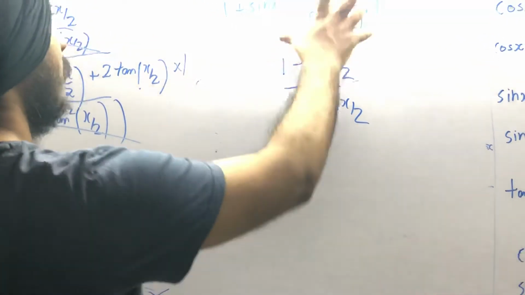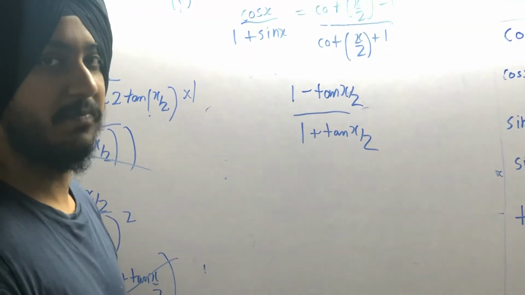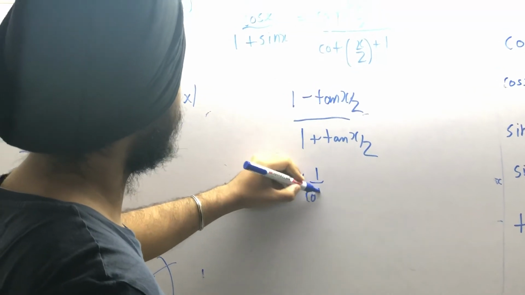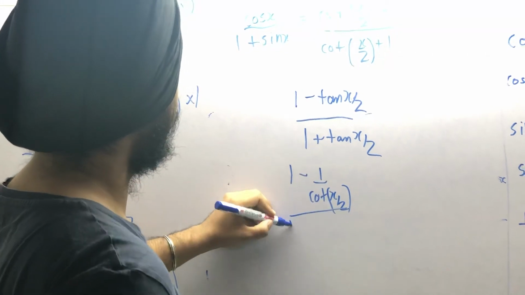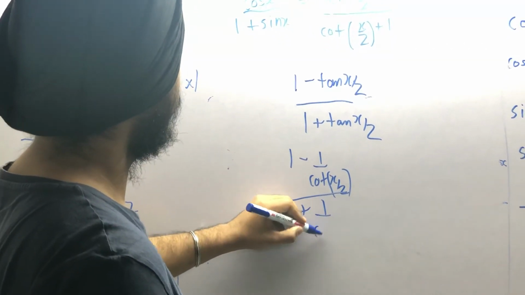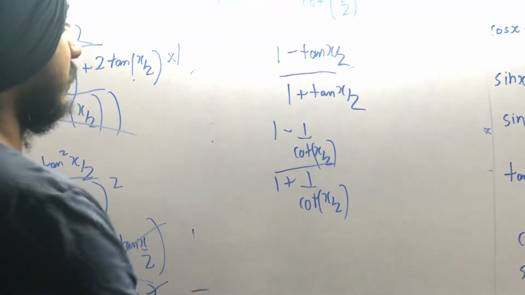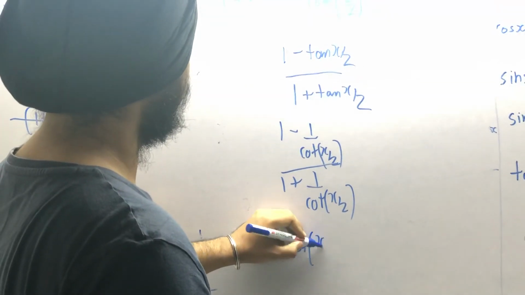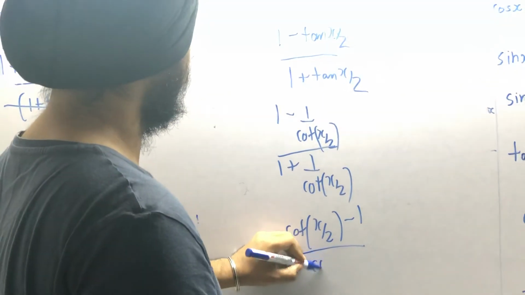Now you are seeing cot here and you have tan here, so simply convert tan into cot. That is very simple. Tan is equal to 1 upon cot. So 1 upon cot x by 2 upon 1 plus 1 upon cot x by 2. Just take the LCM: cot x by 2 minus 1 upon